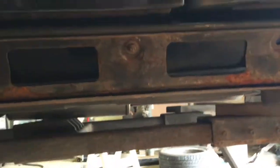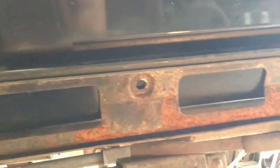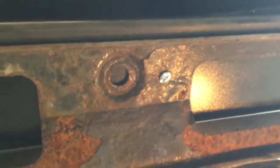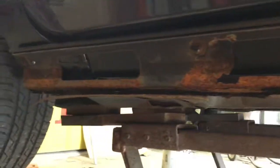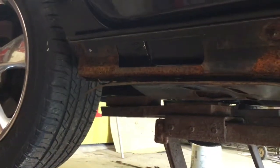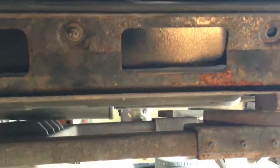Yeah, here's the bracket. I got the bracket on here, and you can see the bracket's pretty rotten, but part of this was gone, so you can see that I put a couple of screws in there where the bolts were sticking out. That should hold it on. But the other side, that bracket's way worse. You can see that screw up there. And it's pretty rotten underneath too on that bracket, but I don't know, maybe a guy could even order a new bracket, but they're probably $100, but I don't